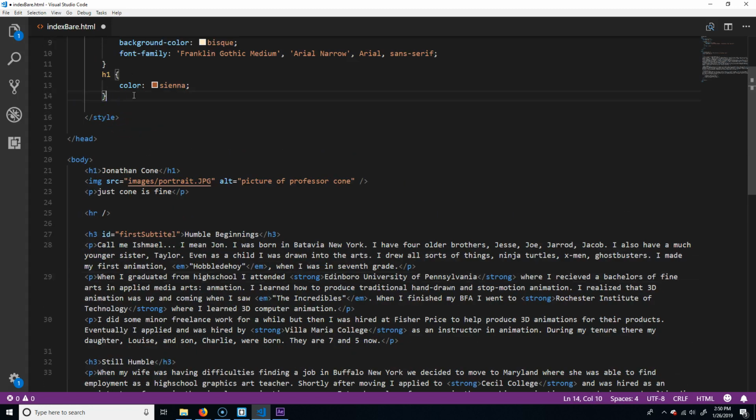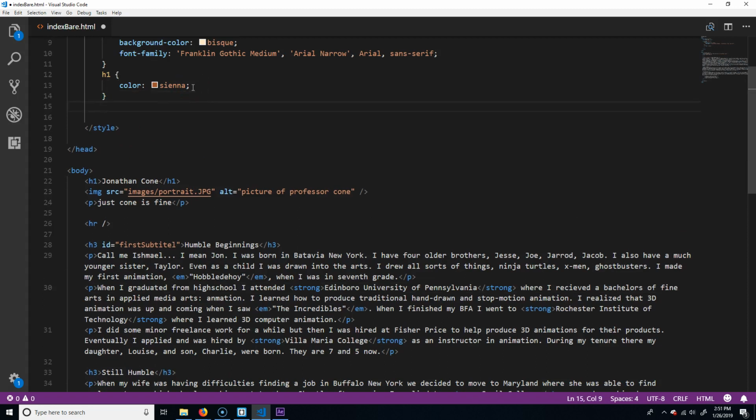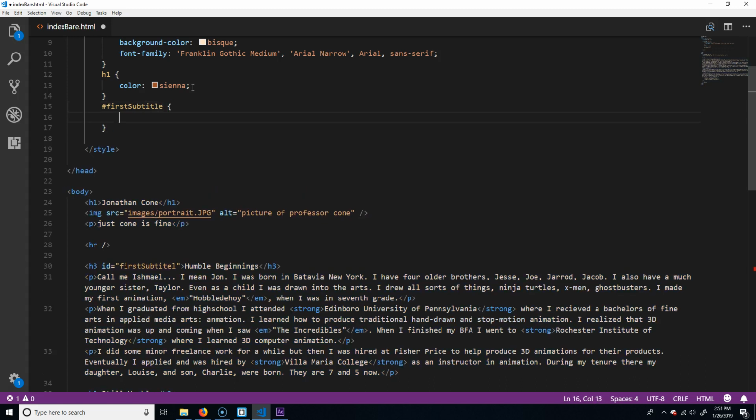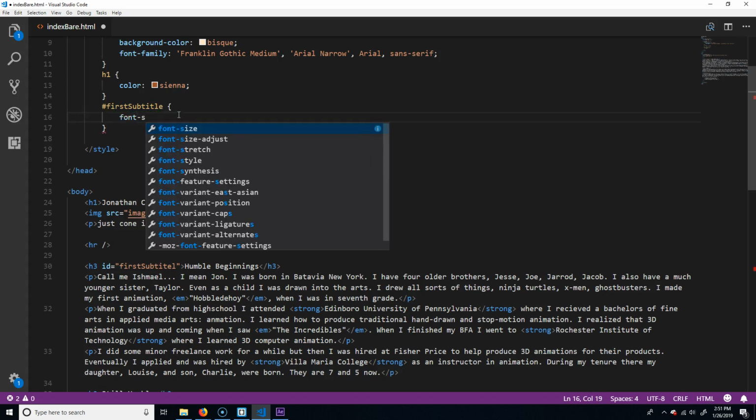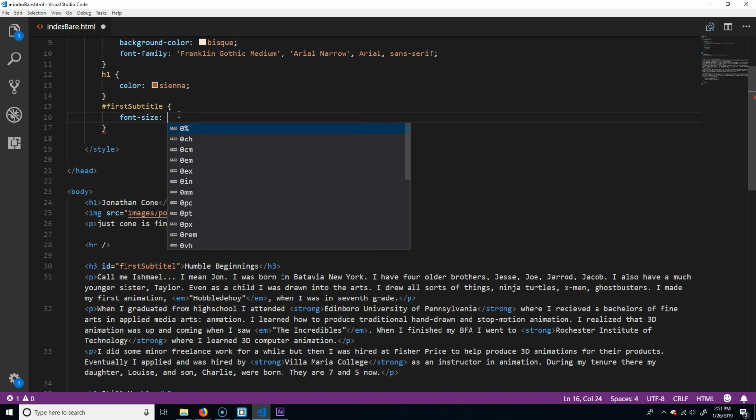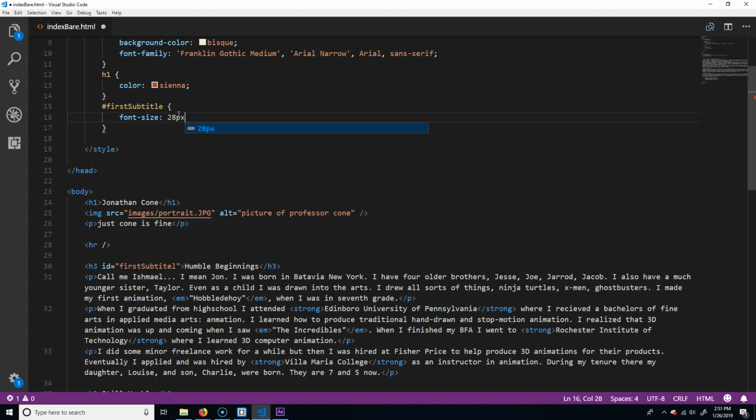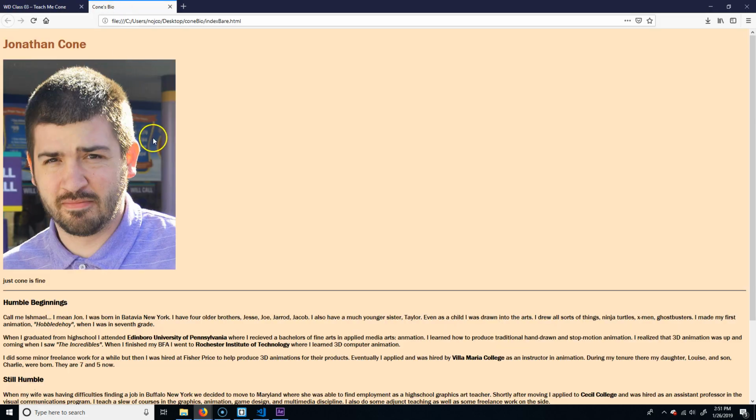Now what I can do is up here, the key thing you have to put is the hashtag or pound symbol and then first subtitle, like that, and then brackets. Okay, so what this is going to do is it's only going to grab anything that has that ID on it. In that case, it's just this item. And then I can say, we'll do font size, and I'll just make it larger. We'll say 28 px. Okay, and then I'll save it. And if I go over here and Control R,